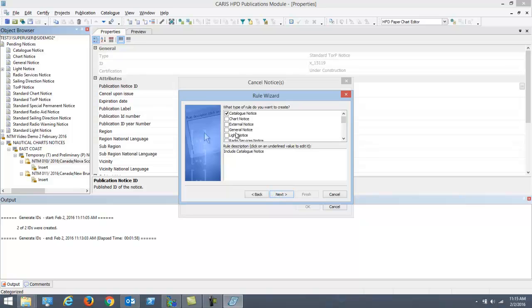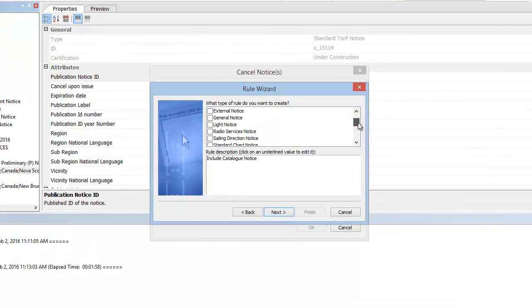I want to cancel a standard, temporary or preliminary notice. So I will click on the standard T or P notice checkbox over here. There are other types of notices that you can cancel, catalog notice and chart notice, for example. In this case, I just want to cancel the standard T or P notice, and I'll click next. There are a couple of conditions that you can choose to modify to further restrict your rule. In this case, I will select the first one,